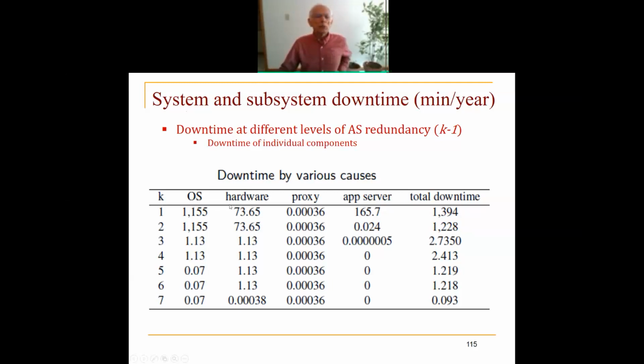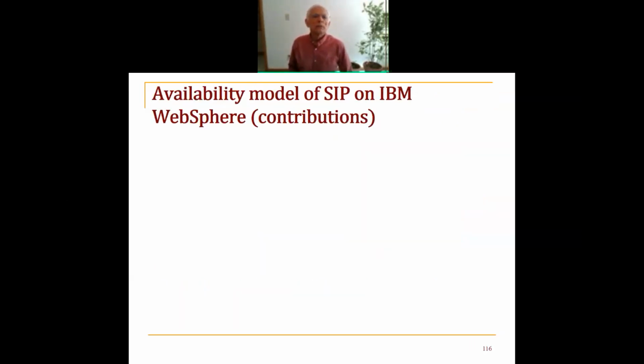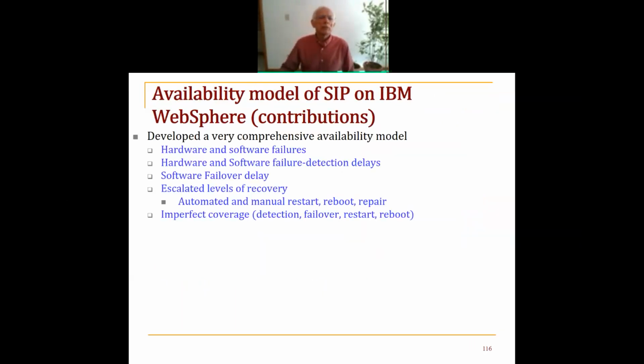Okay, we not only compute the overall system downtime, but also downtime by each subsystem: operating system, hardware, proxy, app server, and total downtime, and so on. And then they will say, but what if we want to improve this because this is not good enough? Then we will tell them this is the one you try first, because that is the largest contributor to downtime. So what we developed was a very comprehensive availability model in which hardware and software